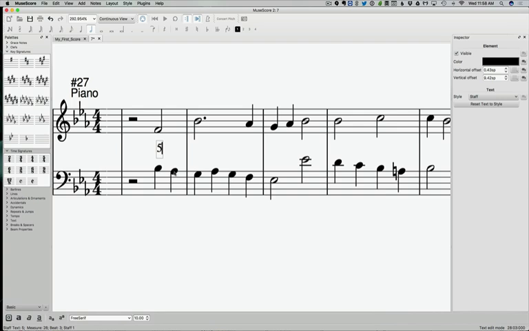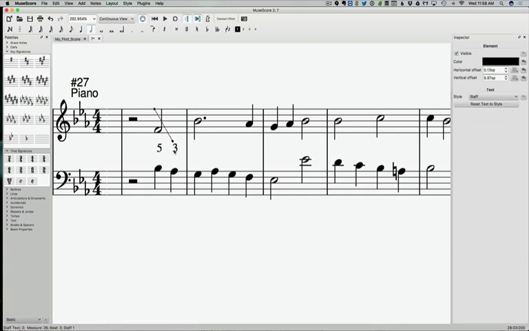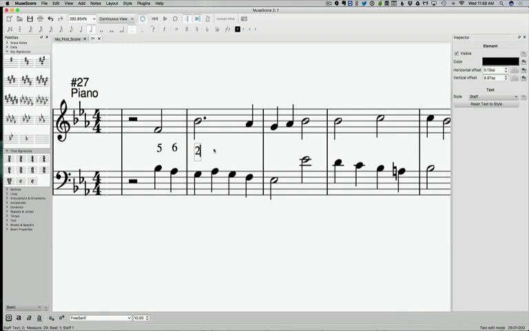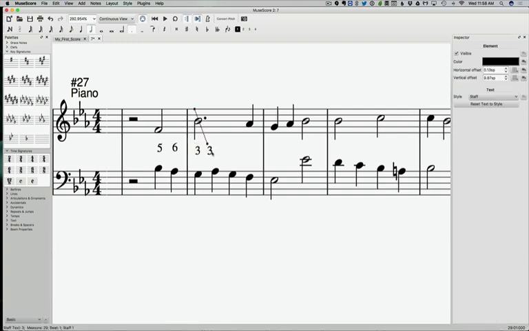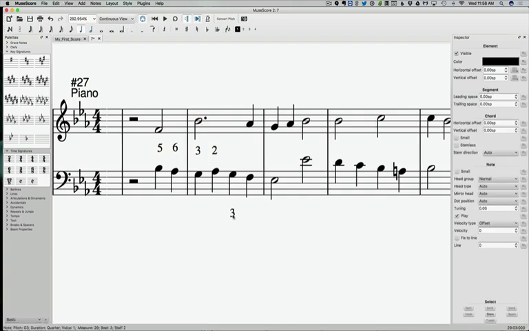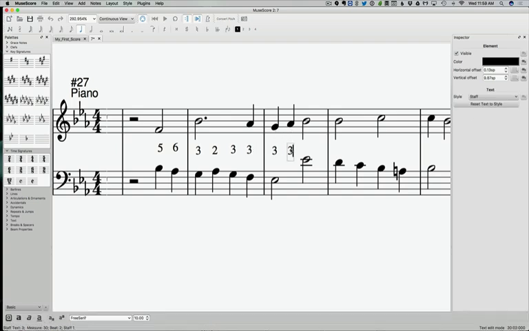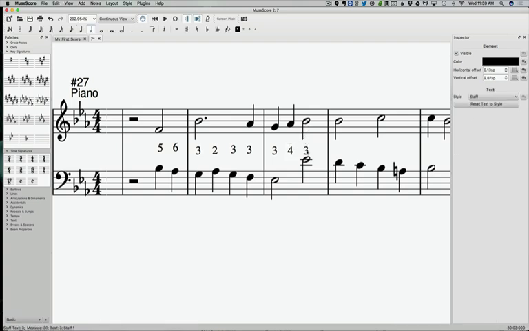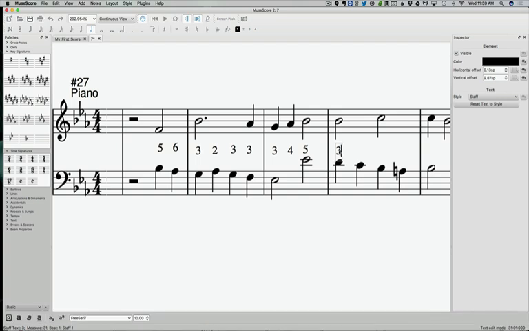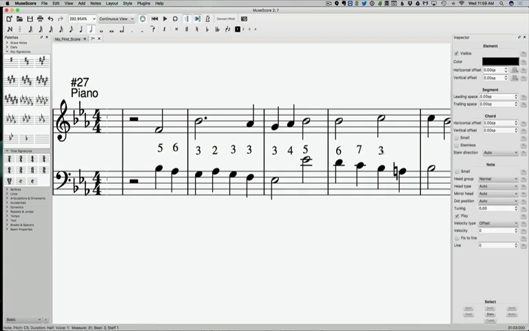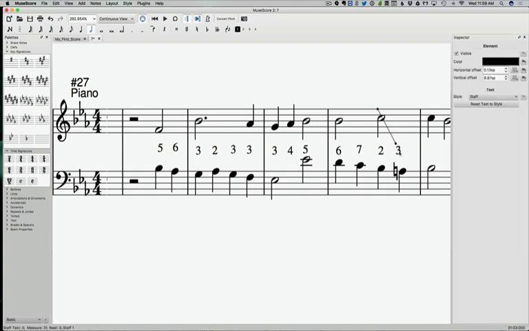Okay, so we have a fifth, and then a sixth, and then a third, third, second, third again, third again, third, fourth, fifth, sixth, seventh, a second, a third,